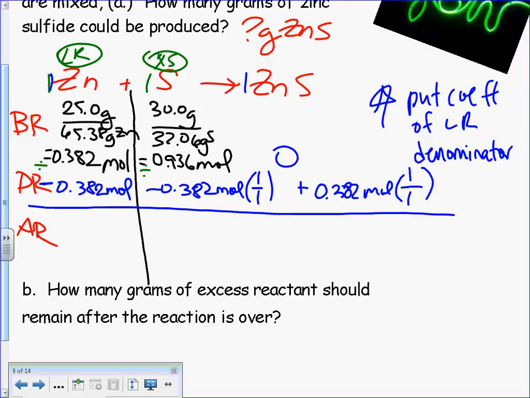So, the very end of the reaction, and I know this question you don't have to do the whole table for. The very end of the problem, you're basically trying to figure out how much zinc sulfide should be able to be produced. So 0 plus this, easy again, 0.382 moles of zinc sulfide is produced. How much of your LR is left? 0. And some number of moles, what is this? 0.584,